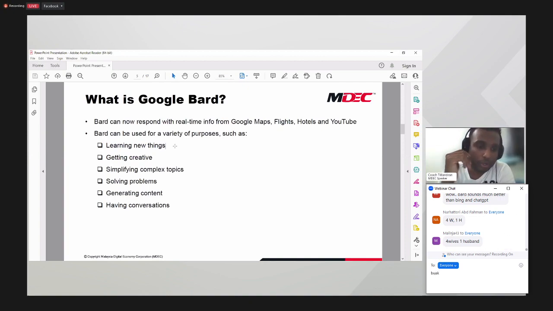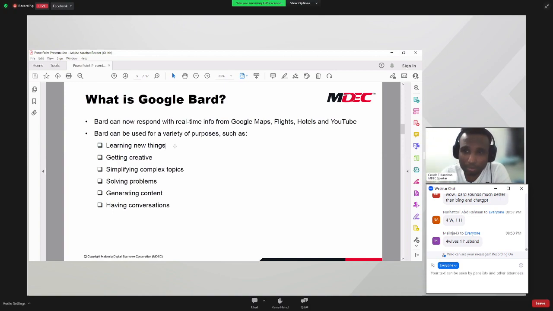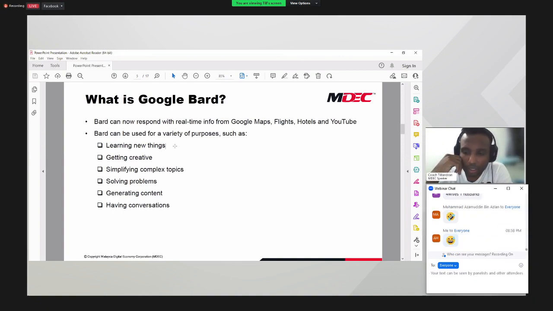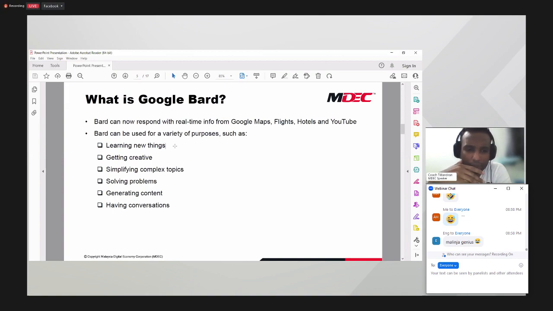Okay, and then number 4 is, of course, it solves problems. It can be any problems related to maths, science, finance problems. It can be as simple as, or even it can be a complex problems related to science. So it can also solve the problems. Of course, number 5 is it also generates content. When I say content, we are looking at creative contents, innovative contents. Okay, rephrasing the contents, benda-benda begitu. And then, of course, the last but not least is having conversations. So when I say conversations, how do you integrate Google Bot with other tools, which is within Google? Okay, which I will show you that.